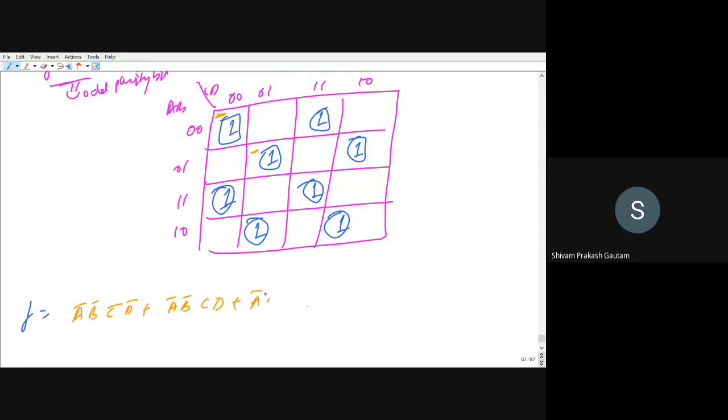So A bar B C bar D plus A bar B C D bar plus, now for this cell I'm writing A B C bar D bar plus A B C D plus, now for this cell I'm writing A B bar C bar D plus A B bar C D bar.